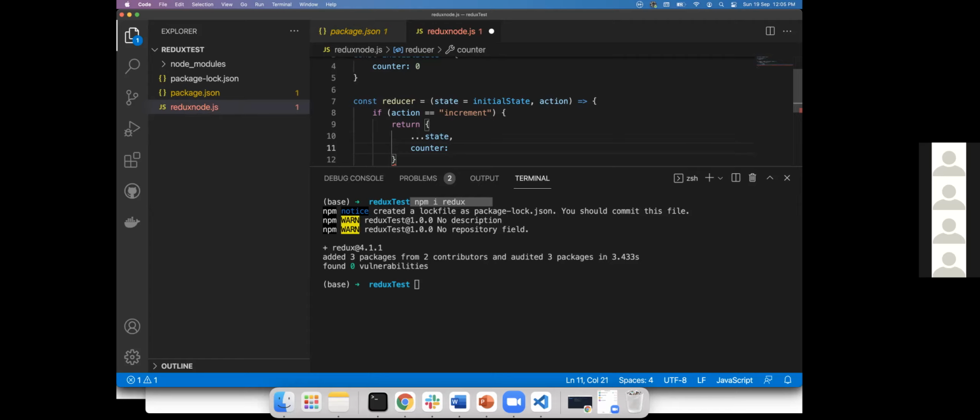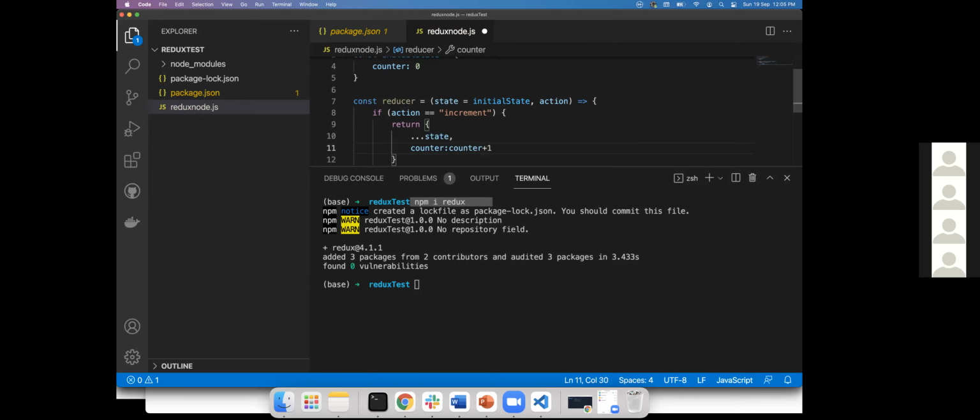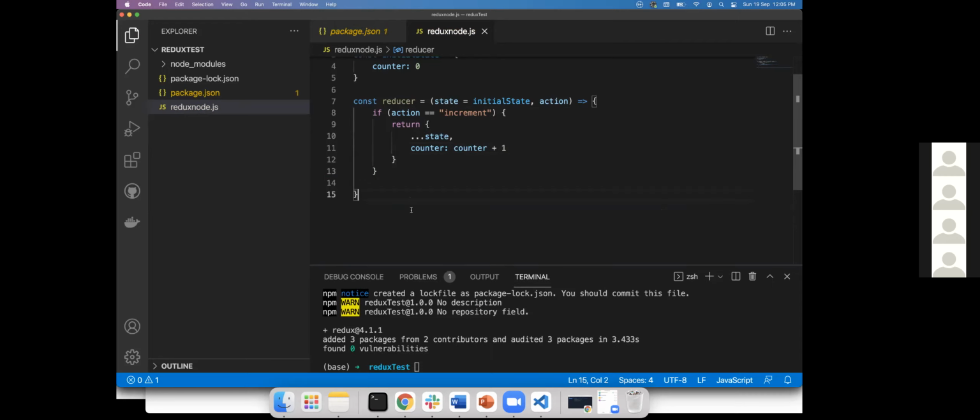So we call it counter, and then counter plus 1, right? So this is a state and this is a reducer.